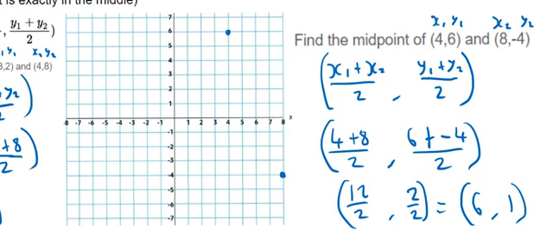So the point 6, 1 on the graph would be here. So again, it does look like it's halfway between